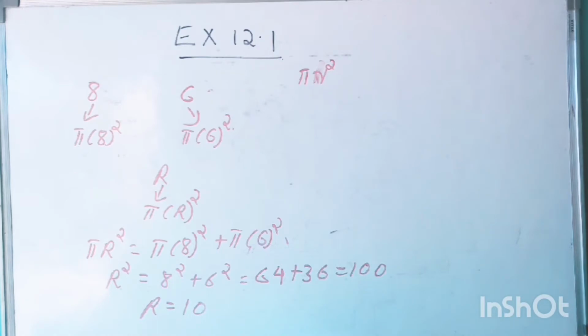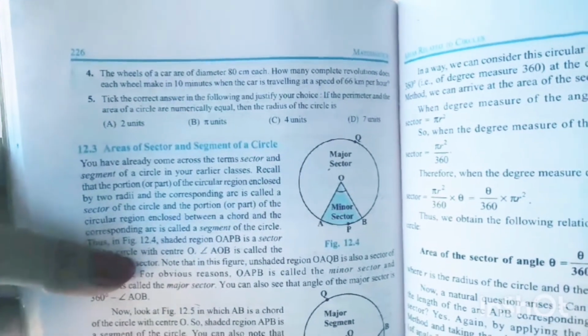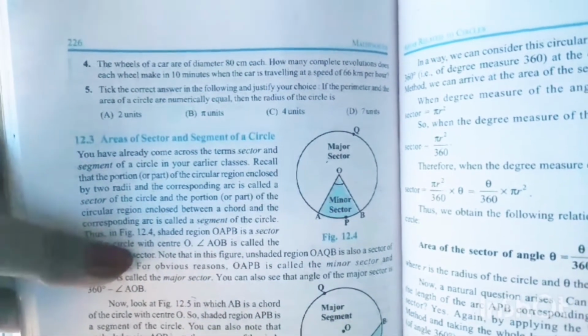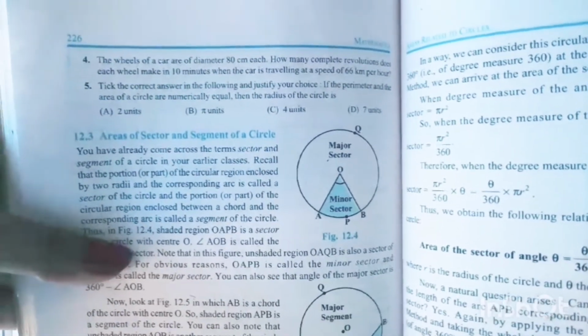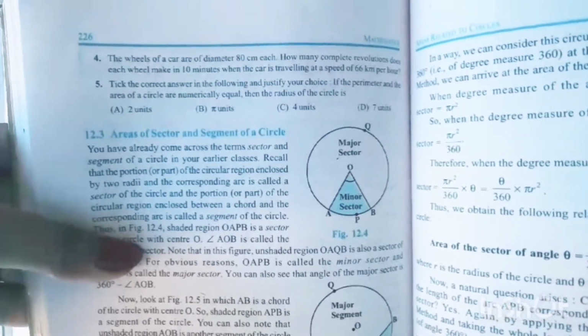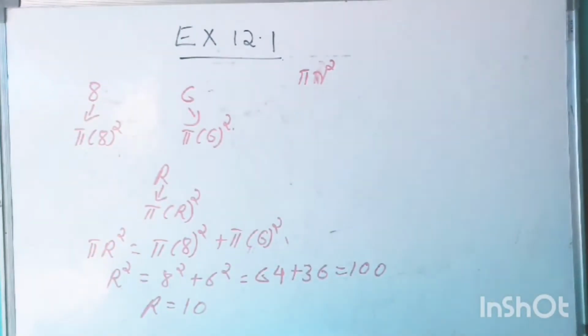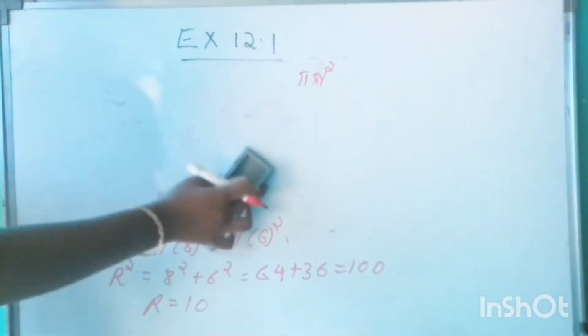Now fourth question. The wheels of a car are of diameter 80 cm each. How many complete revolutions does each wheel make in 10 minutes when the car is traveling at a speed of 66 km per hour? The diameter of the wheel is given in this question, that is equal to